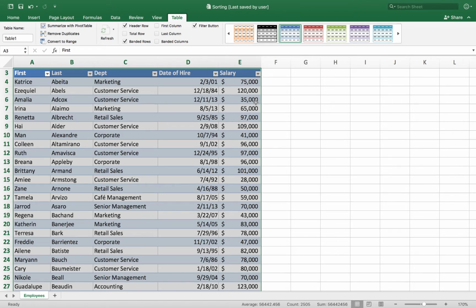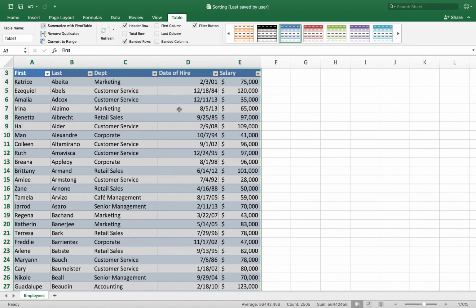And cool, that's a table. So the first thing it does is do some really nice formatting of the data. Another important thing that just happened is that a new tab showed up that wasn't there before. See that table tab? That's what they call a contextual tab. That table tab only shows up when you're in a table. So check out what I mean by that.